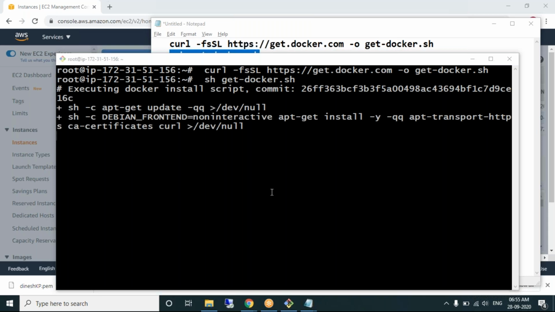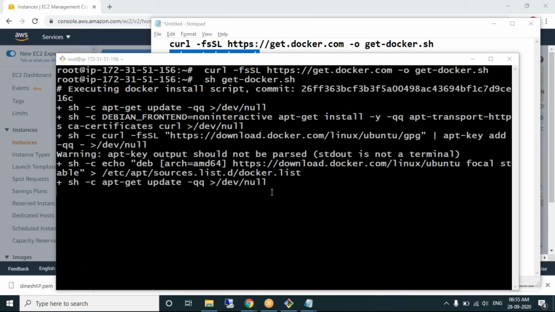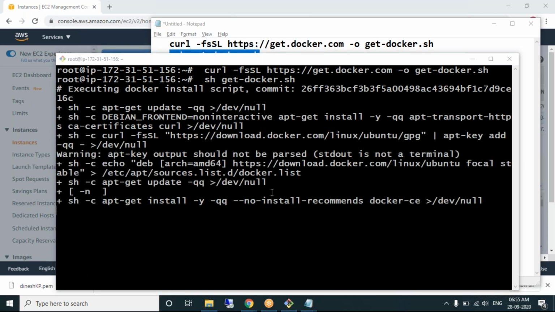At a time is not possible, Dinesh. So what you can do, you can create one machine, and using that Amazon machine image, you can create a few more EC2 machines. Okay, but this is simple. That's the reason we are doing it manually.